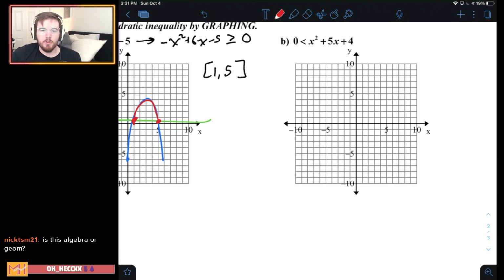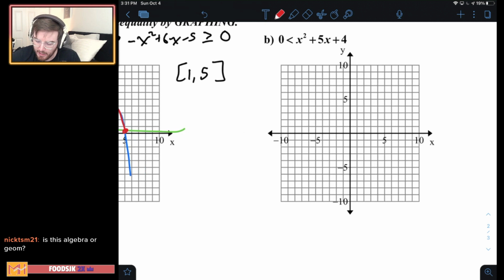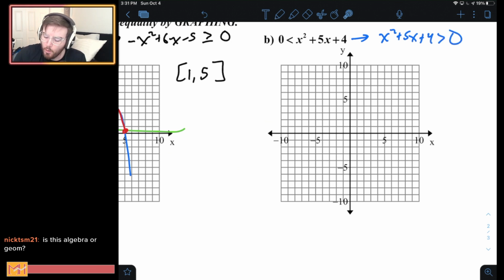Again, when it comes to Desmos, just plot one side and plot the other and then think it through. Say it out loud, think it through, take a look at what you're looking at. So I can rewrite this as x squared plus 5x plus 4 is greater than 0. So you're asking yourself, where is this graph bigger than 0? To be bigger means above. Which parts of the graph are greater than 0? In other words, which parts of the graph are above